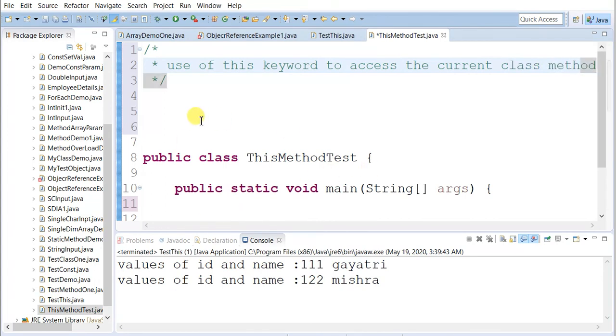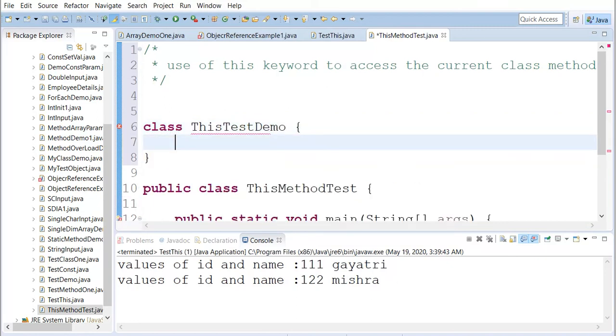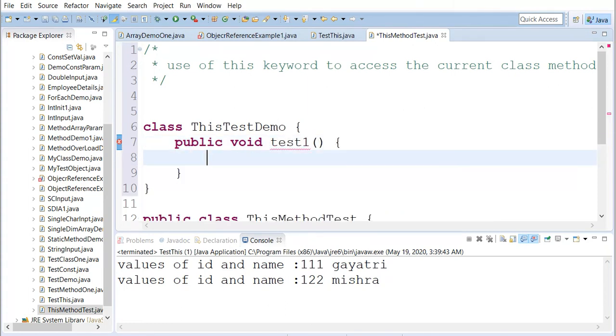Now let's say I will create one class, this test demo, and in this class I will give some methods as class members. So public void test1, as we gave test1 over there.